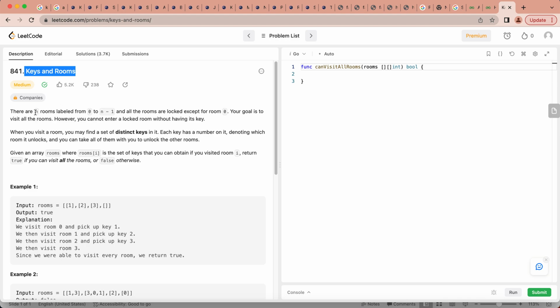The problem says there are n rooms from 0 to n minus 1, and all the rooms are locked except for room 0. These are the rooms, and here we can see there are 4 rooms, and index 0 is unlocked and the other rooms are locked. Your goal is to visit all the rooms. However, you cannot enter a locked room without having its key. So without the key we cannot go to the second or third room here, or other rooms except the first